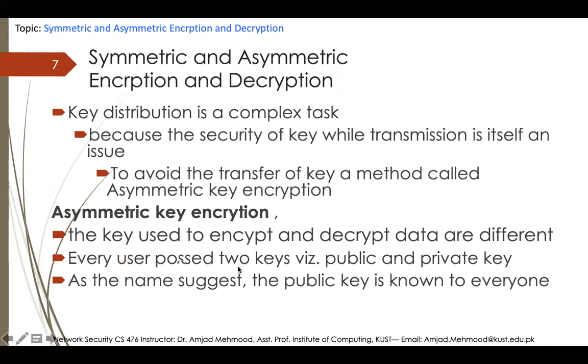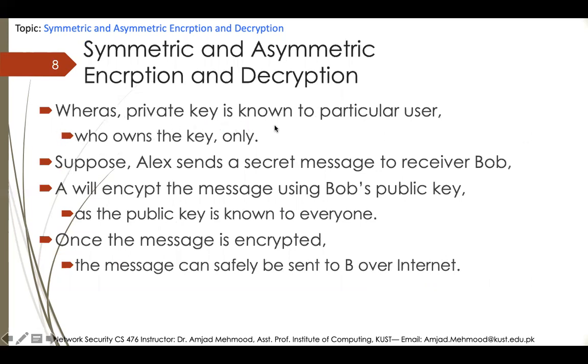Every user possesses two keys, a public and a private key. As the name suggests, the public key is known to everyone, whereas the private key is known only to the particular user who owns the key. Suppose Alex sends a secret message to a receiver, Bob. He will encrypt the message using Bob's public key. As a public key is known to everyone, once the message is encrypted, it can safely be sent to